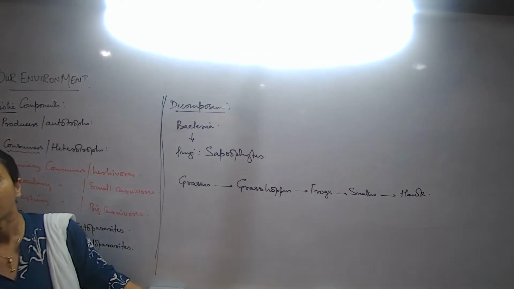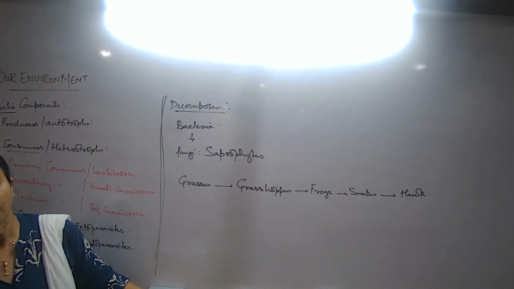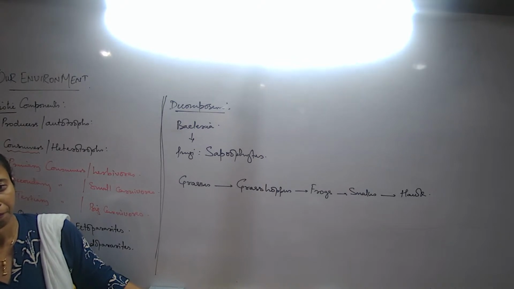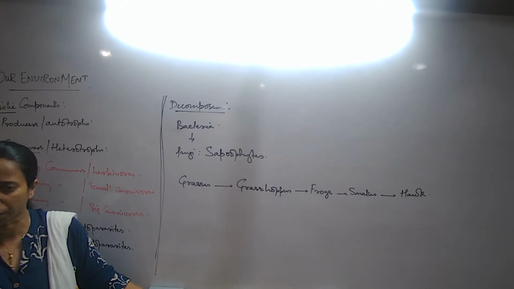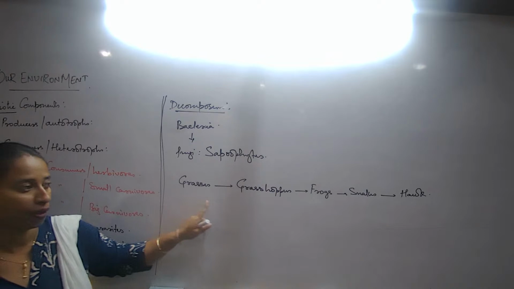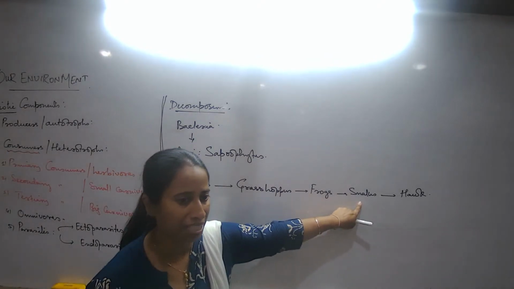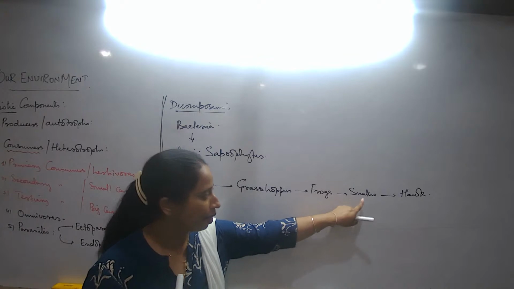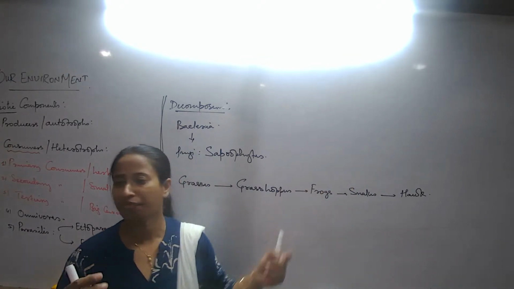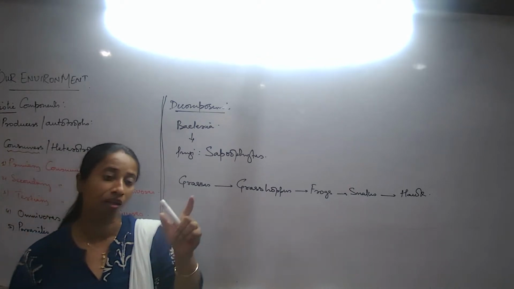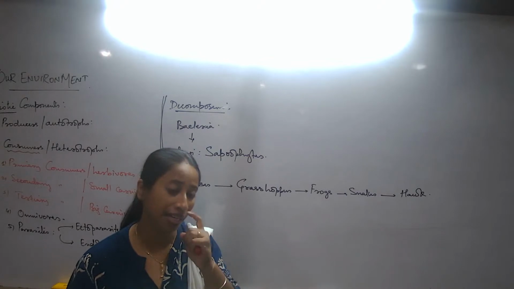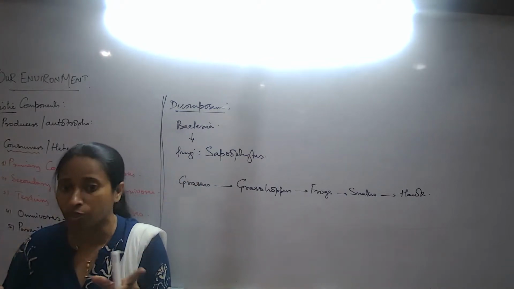Ma'am, so in this, can a food chain be defined as a biotic hierarchy? Biotic hierarchy means what? Does it mean the complexity level that you are talking about? We may not exactly talk about the complexity level. The frog and the snake, the complexity is not much different. But yes, this can feed on this. What is the definition of a food chain? The feeding relationships between different groups of organisms. That is the typical answer that you should always write. You can frame your own answer, but this concept should be conveyed.